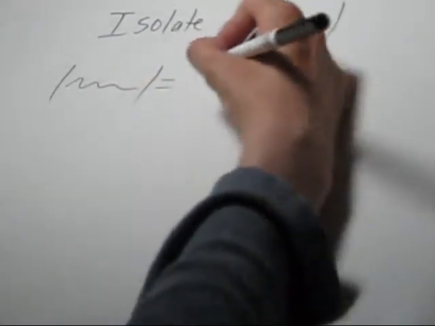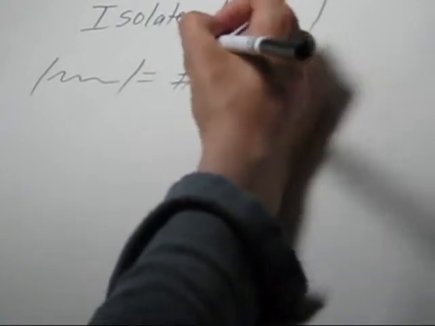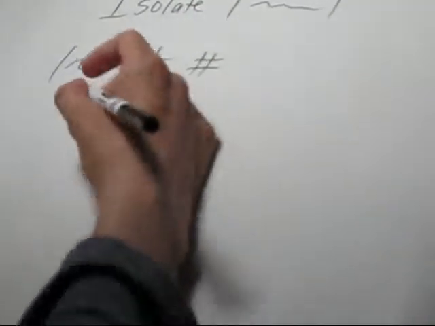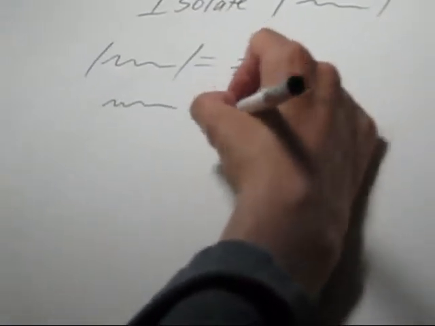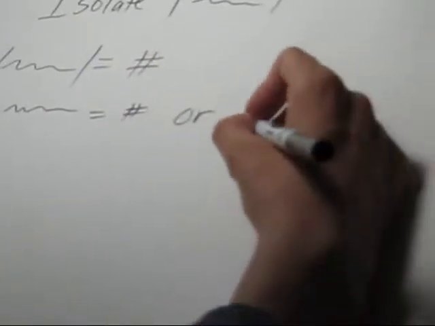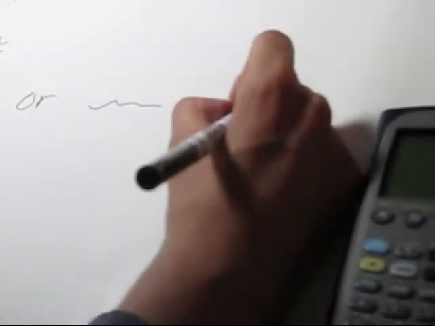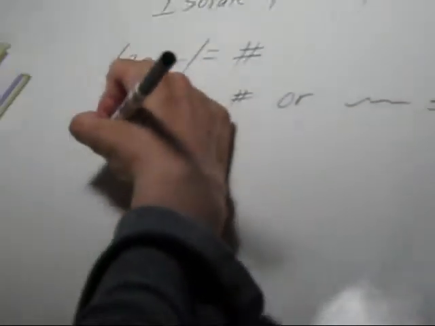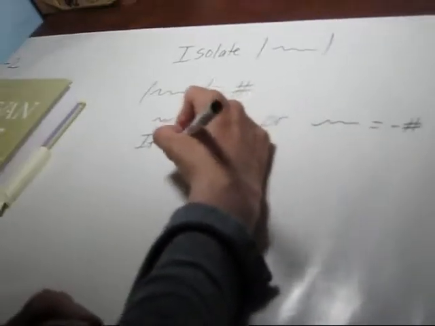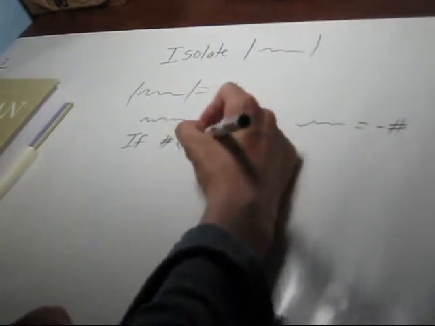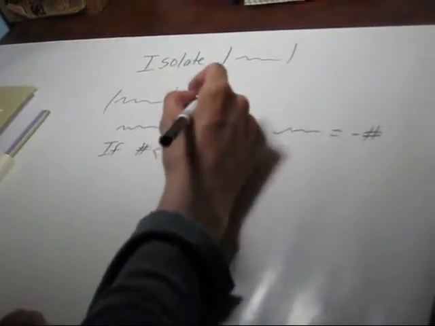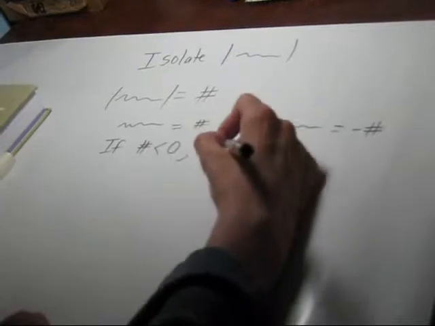Say we have absolute value of something or other is equal to a number. We need to write two equations. We drop the absolute value. We'll have whatever's inside equal to the number, or we'll have whatever's inside equal to the exact opposite of that number. And there's one case that is a weird case. If this number is less than 0, that means our distance is equal to a negative number, then there's no